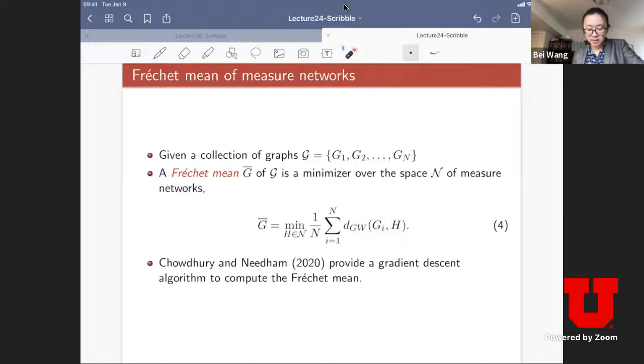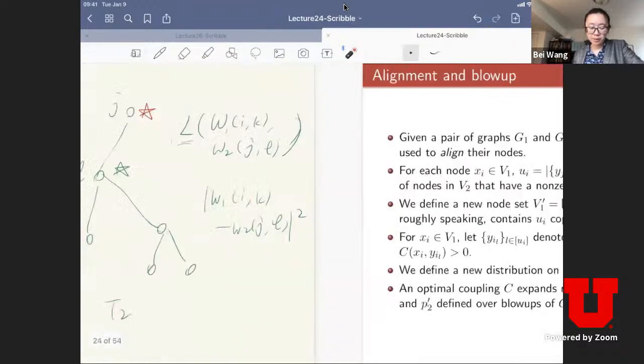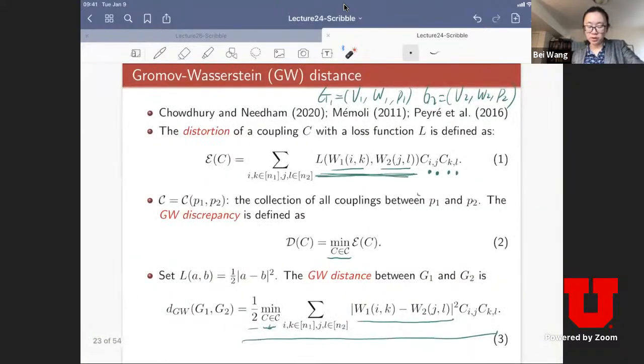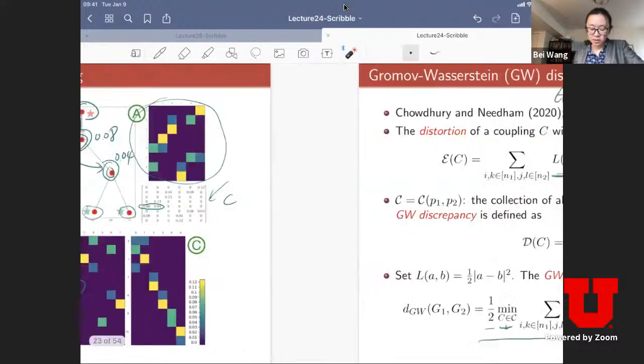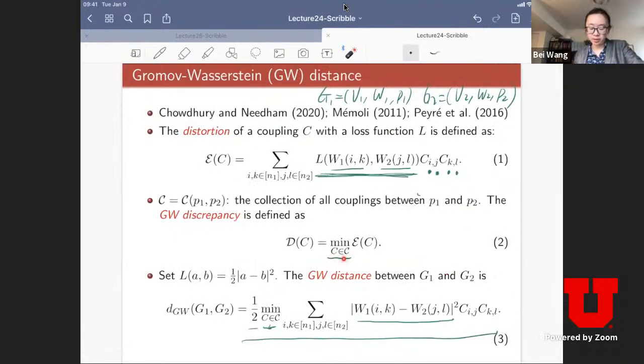Okay, but let's say I have a way to actually compute the average. Then the next thing is to try to couple every single input tree to this average tree. To couple a pair of tree structures, or in this case a pair of graph structures in general, is basically to try to find the coupling that minimizes the total cost. So really, the first thing we want to look at is what they call the GW discrepancy: you look at all possible couplings. Remember, the coupling is really just those kind of matrices, right? Essentially, you want to find the one that minimizes total cost,